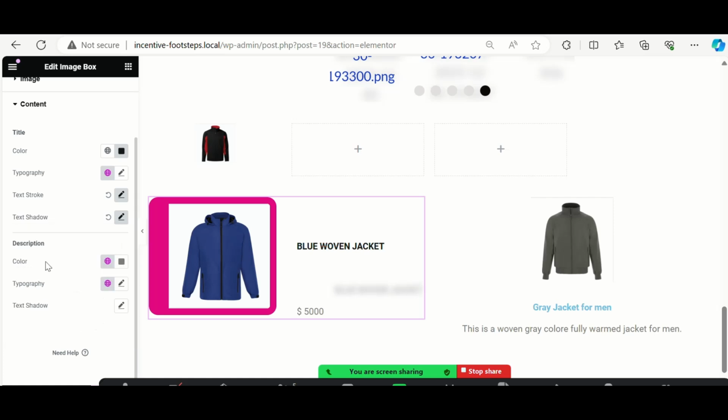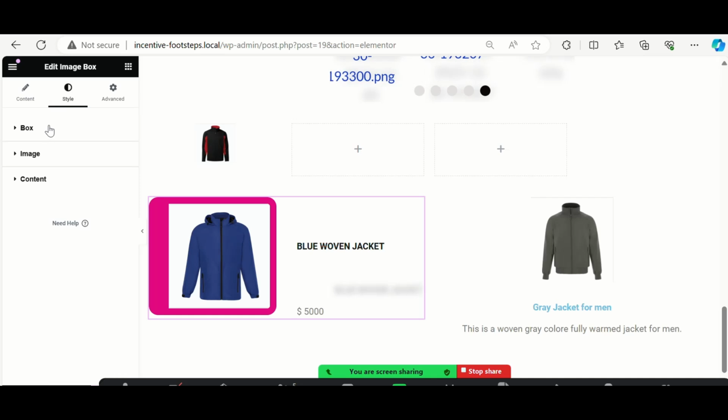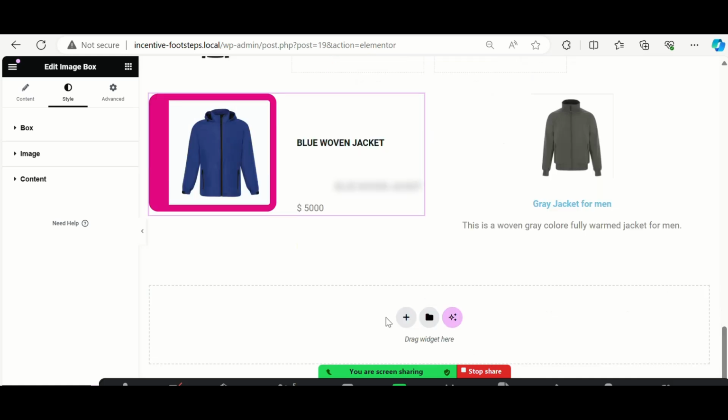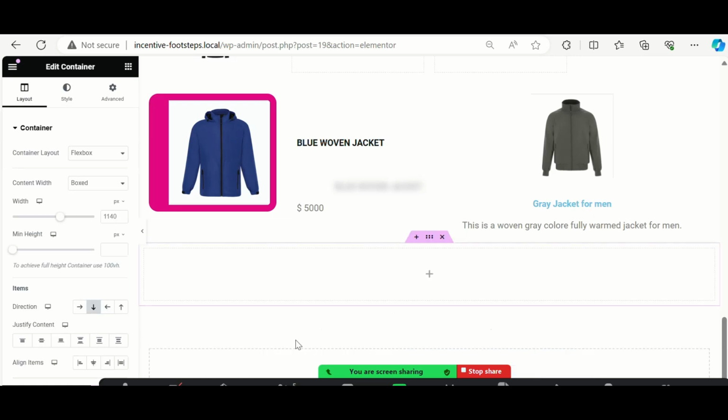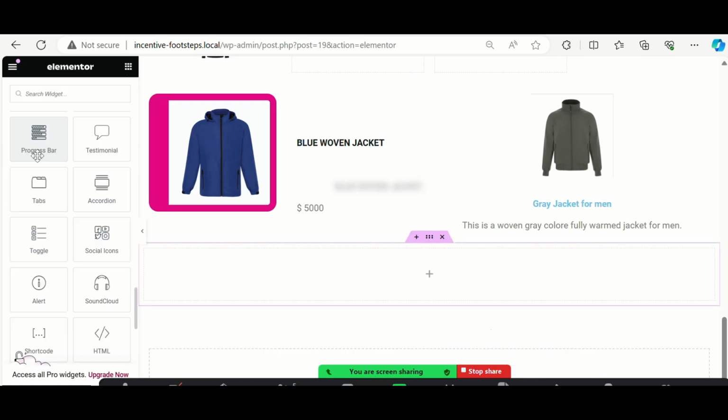Okay. After that, the description settings, again the same settings with the description, color, typography, text, shadow, etc. This is all about image box. Box settings, image settings, and content settings. So it's up to you how you are gonna design your image box, right? Okay. After that, the next option is I'm going to select a new container or a new section, and after that